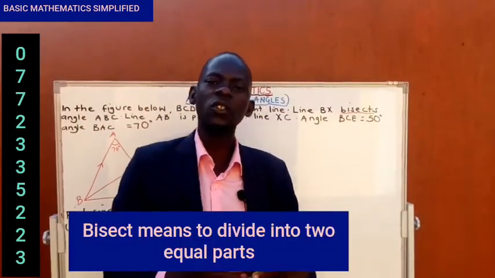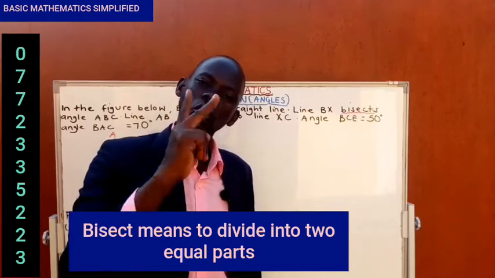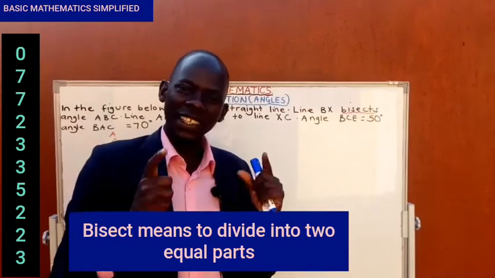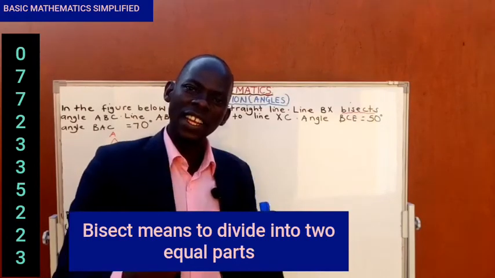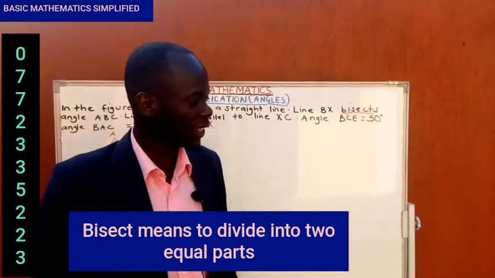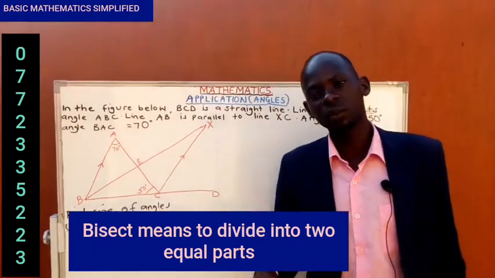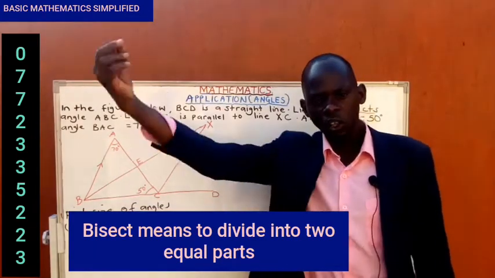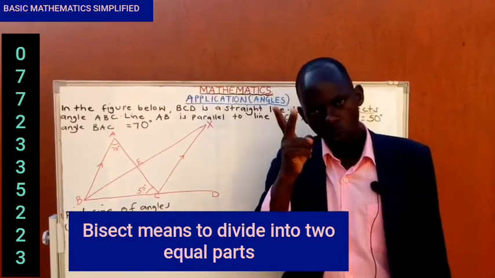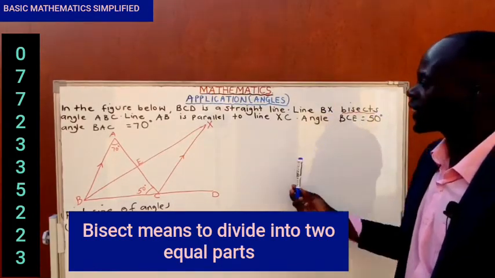To bisect means to divide. Not only to divide, but into two equal. That word, equal, is a key word. To bisect means to divide into two equal. Some of us at times mistake, we think to bisect simply means to divide. No. Not only dividing, but into two equal parts. So BX bisects angle